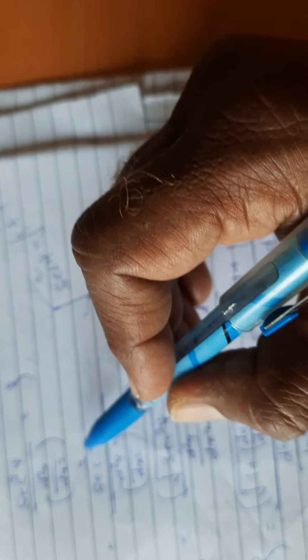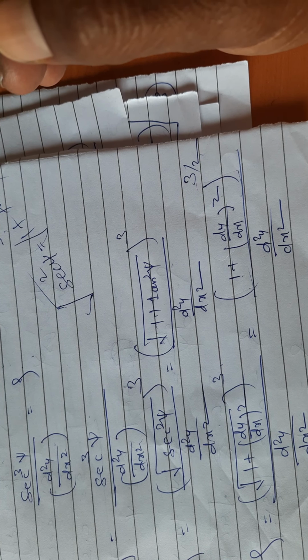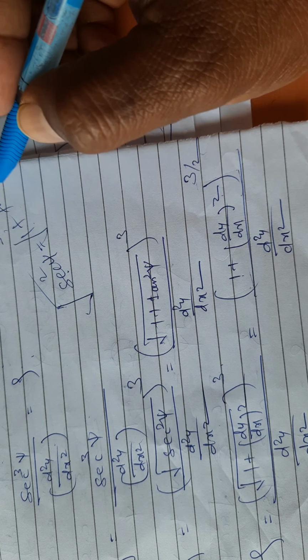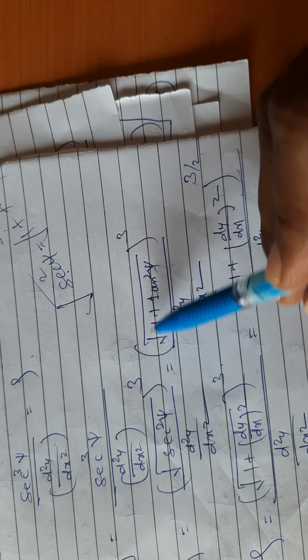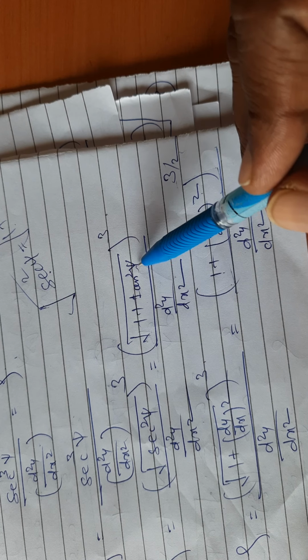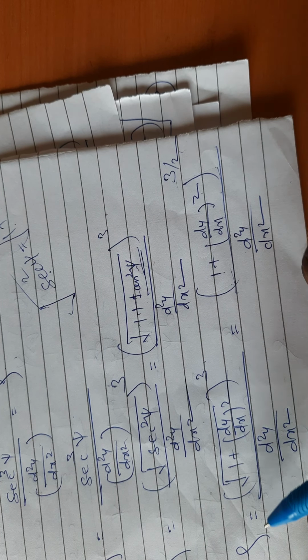Sec म्हणजे काय, sec raised to 3 आहे, मग 3 बाहेर काढू आपण, फक्त सेक काय करू, सेक स्क्वेअर घेऊ. सेक स्क्वेअर म्हणजे 1 प्लस टॅन स्क्वेअर, and d square y by dx square as it is. आता टॅन सायची किंमत काय, dy/dx म्हणून अंडर रूट 1 प्लस dy by dx bracket raised to 2 and whole thing raised to 3 upon d square y upon dx